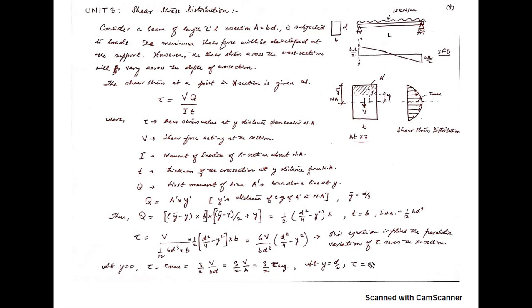What will happen, the tau will be 0. Okay, and you can see over here this means the difference between calculating from this equation and calculating from the average stress. So you can see tau max is basically 3 by 2 of V by A, and V by A was what we used to calculate tau average, that is average shear stress. Okay, so this means that whatever we were calculating previously, we were assuming that the shear stress was uniform in the cross section, but it is not the case.